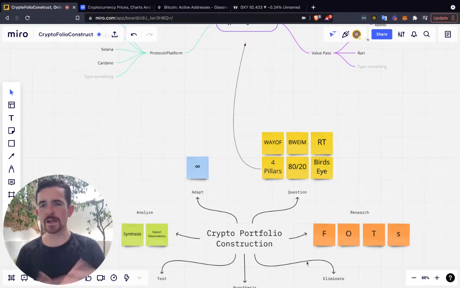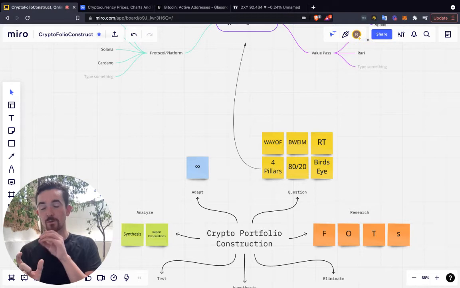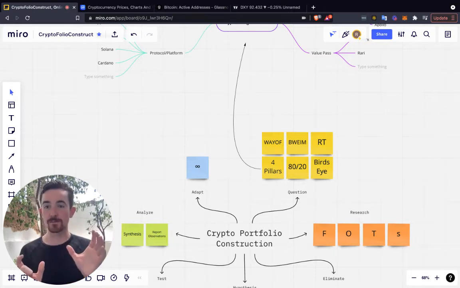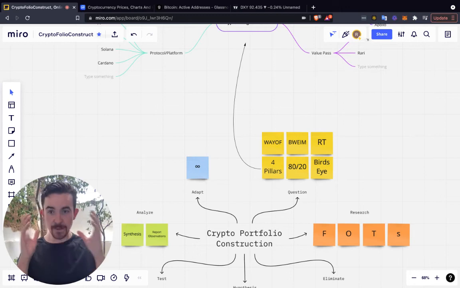So 80-20, the Pareto principle, I don't think I need to spend too much time on this. If you've done really any reading at all, the Pareto principle applies to pretty much everything. What is the 20% of the things that you're doing that dictate 80% of your outcomes, and then you eliminate the 80% of things that dictate the 20% of your outcomes, right? So you see these Pareto distributions all throughout the world, and it's very important to keep 80-20 in mind throughout